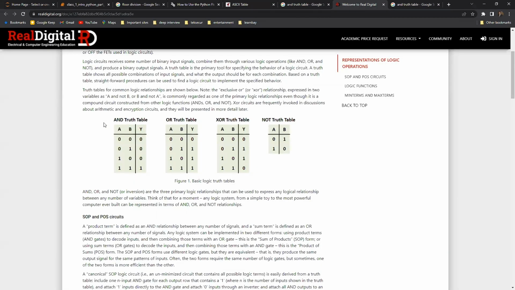So in the AND truth table, A and B. Okay, A and B. So before starting it, let me tell you one more thing. Okay, so we have talked about Boolean data type, right? So Boolean data type true can also be